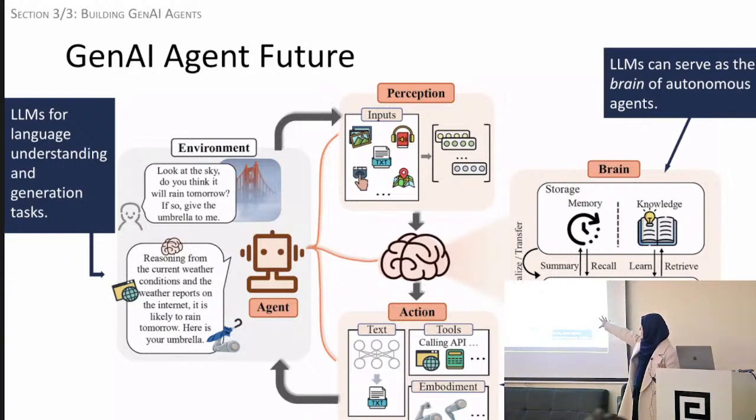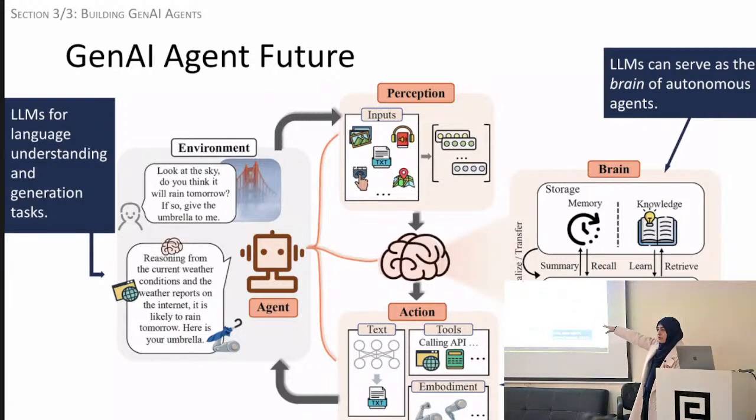So you can see these are basically, just where I want to end, these are the agent, action, perception, brain. These are the typical components of an AI agent. This idea has been around for a long time, right? So it perceives the environment through some input sensors. It processes that in its brain, right? And it takes some action. And then that action impacts the environment.